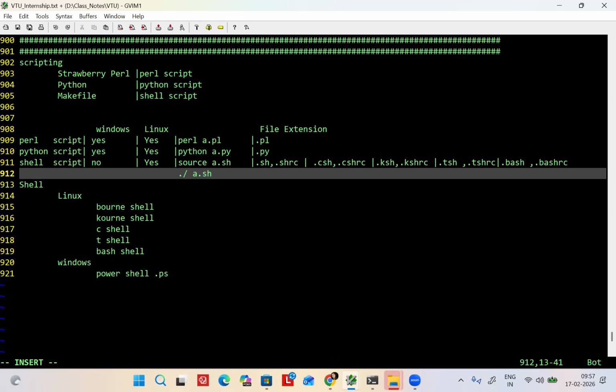You will create any of these kinds of files. And to run this file, what is the command? source a.sh, or this is the way. If this does not work, this will work, or both will work. You need to try.